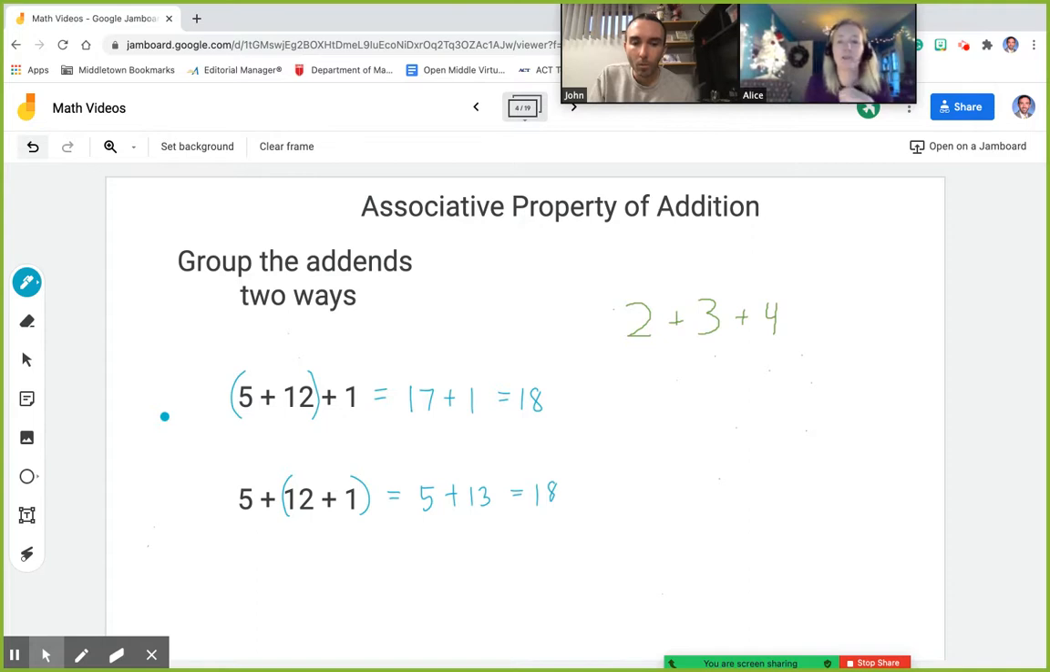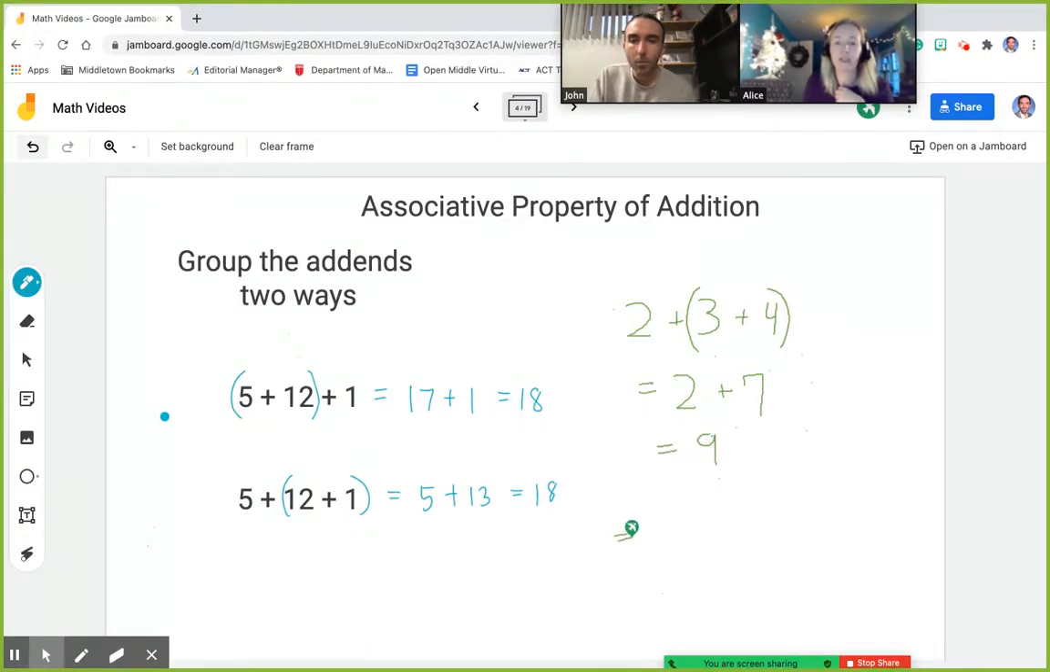So this problem could be done. Maybe 3 wants to turn to their right. It could be done like that. And as John said, the parentheses we handle first. So we get 2 plus 7, and we get 9. Or